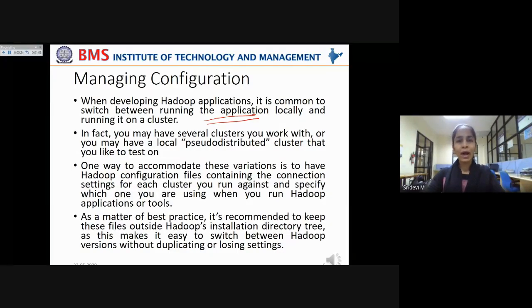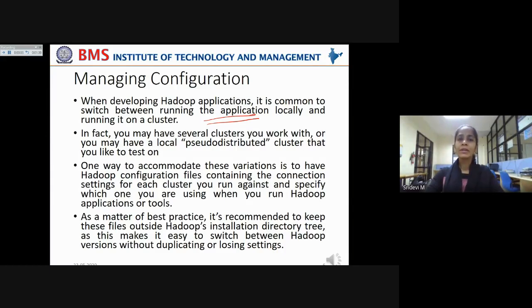Whatever features or extra functionalities you add to your MapReduce program should be tested locally first at a smaller scale. Only then can it be run on a cluster. While running on a cluster, if you want to add some extra functionalities, again you have to switch back to your local pseudo-distributed mode, run that particular functionality and check whether it is error-free or not, and then port it onto a larger cluster.